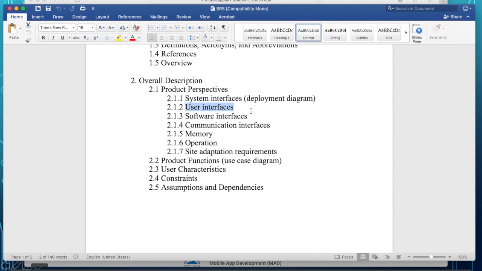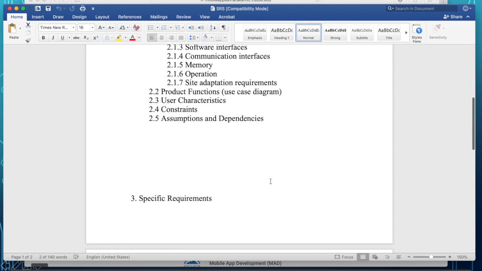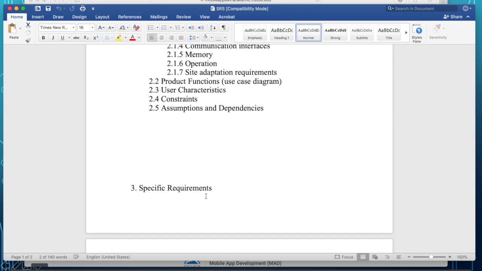The user interface here just lists the different UI that you will need. The UI design will not be here. Remember that the UI design will not be found in this section. That UI design will be found in the next section called specific requirements.